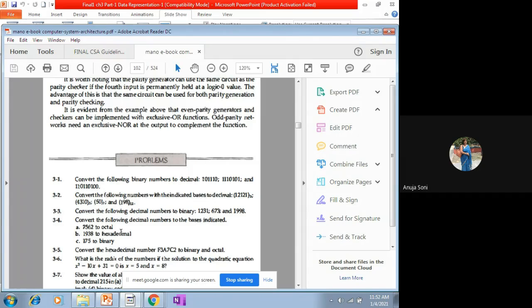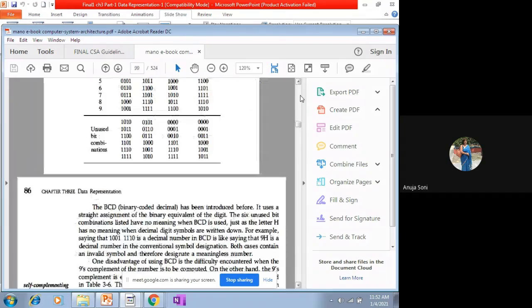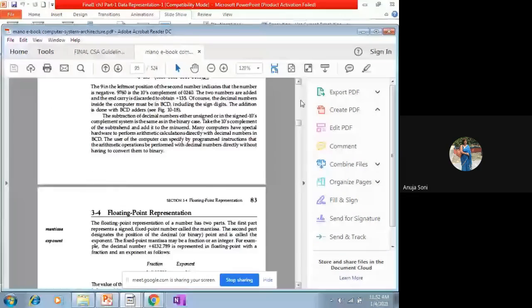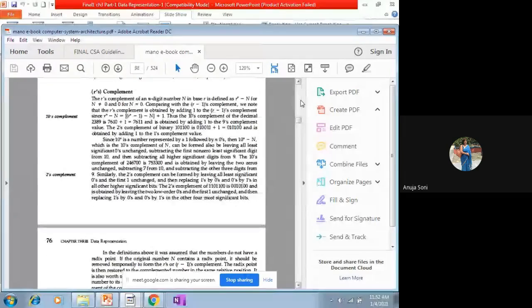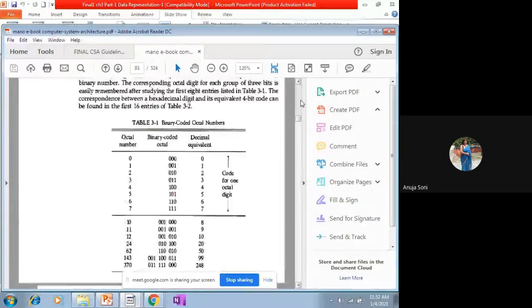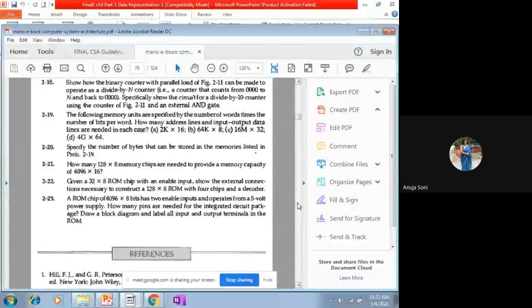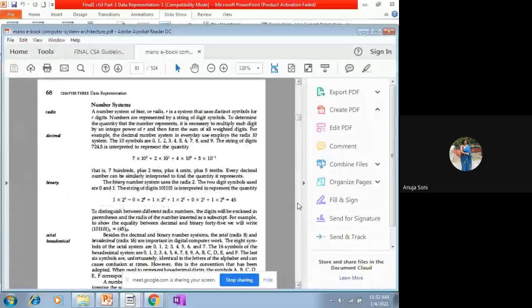Now, only the first two questions are based on this concept, and the remaining questions 3.3 and 3.4 are based on the next case, the vice versa case: if a number is given in decimal form, how to convert it to binary or any other base having a desired value of r. As this is your first class, this much is enough. Be comfortable with all the contents and start solving this back exercise, and I am going through the questions which are already solved in your chapter.